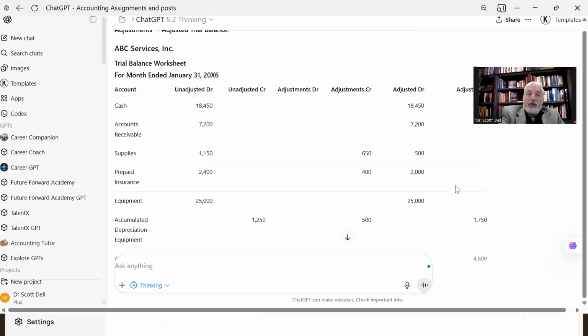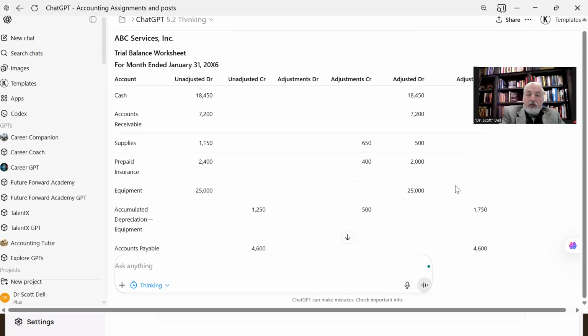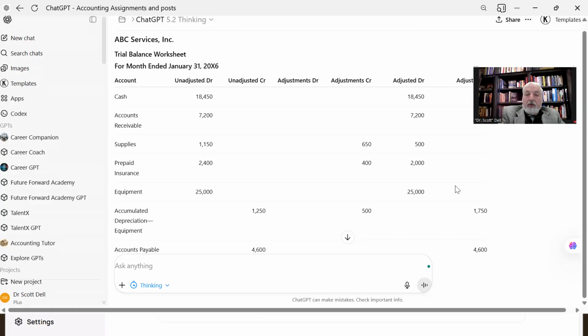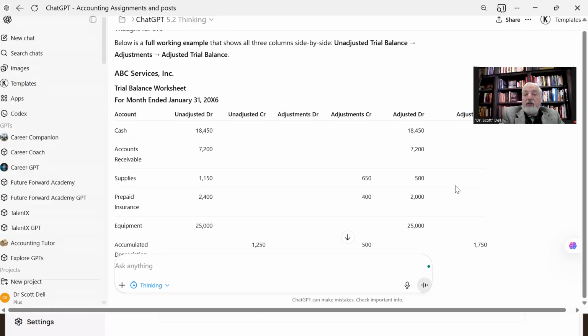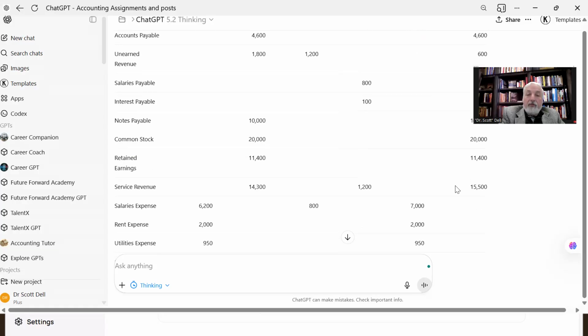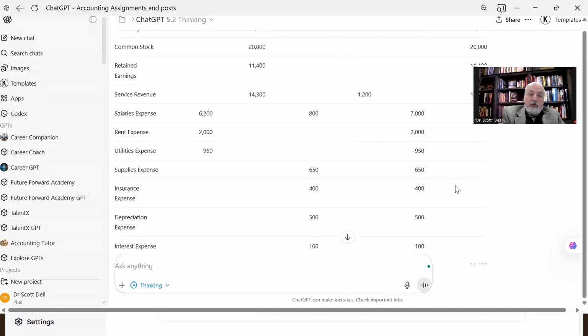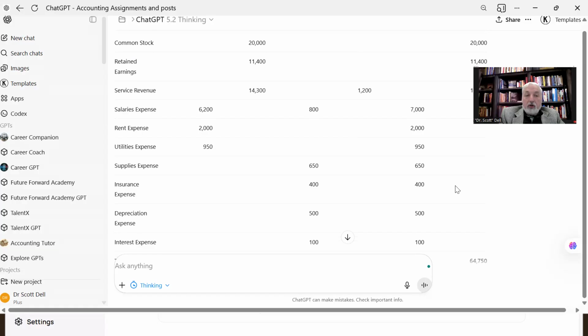Okay, prepaid insurance out of that $2,400 sounds like that could have been a 6-month insurance plan, and we used a month of insurance, and this is for the month ending January 31. If you notice X6. So I go in there and say, I must have used $400 worth of insurance. Now notice on the other side of the 650 and of the 400, hopefully there better be, there it is, a 650 for supplies expense, debit balance, that's the expenses, and a 400 for the insurance expense. That kind of works out.